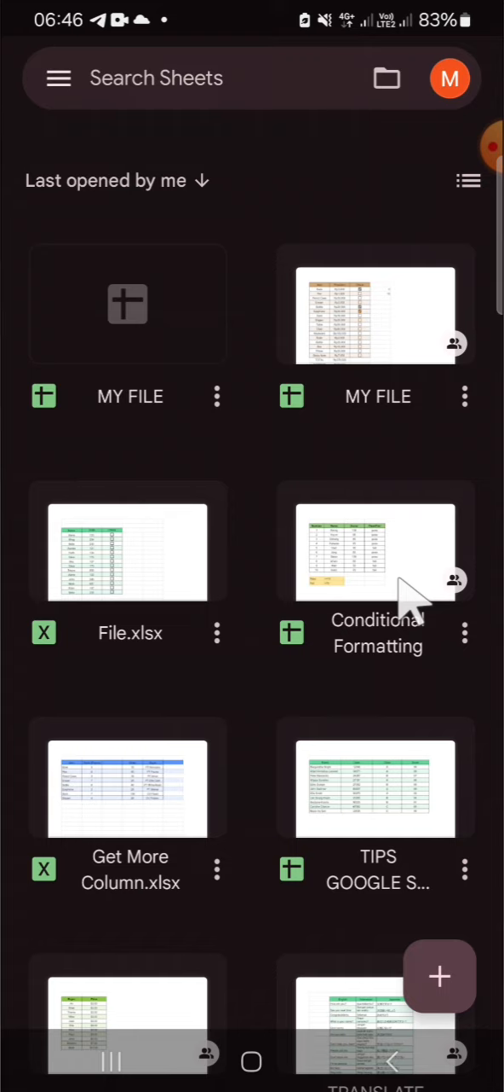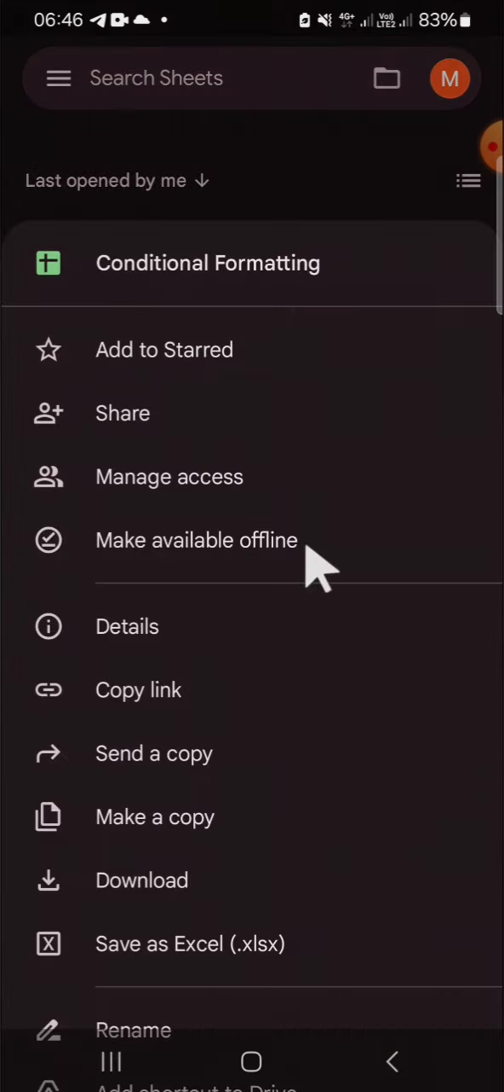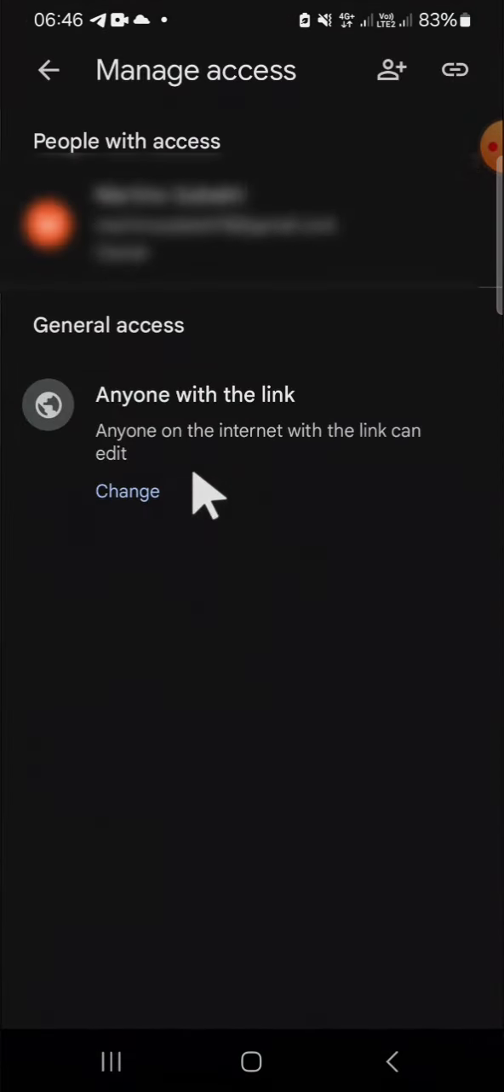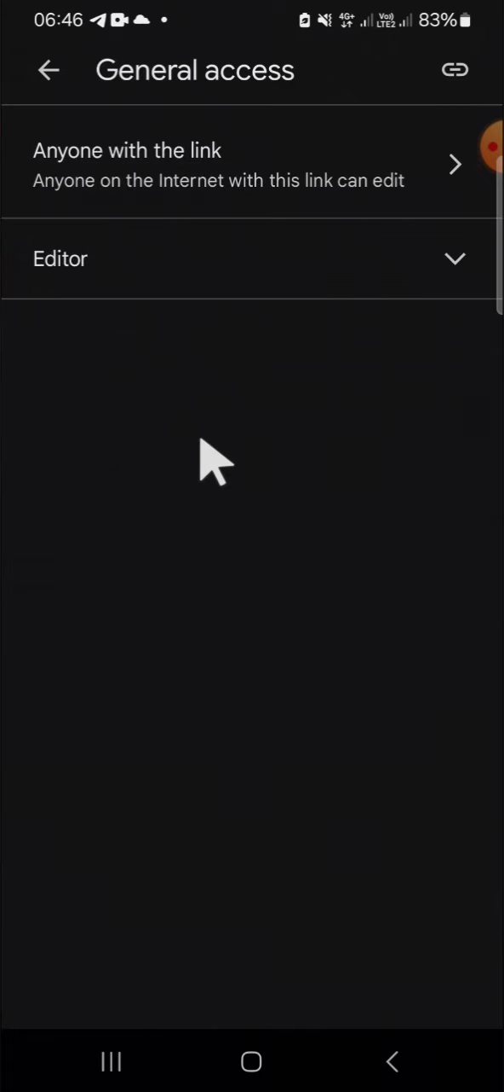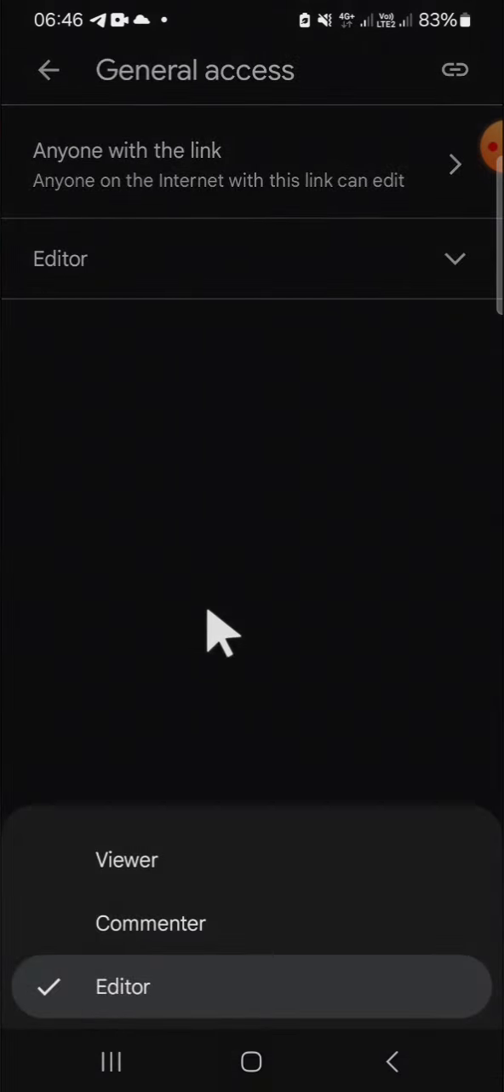So first of all guys, we can click on these three dots and select Manage access. Okay, and as you can see, anyone on the internet with the link can edit this Google Sheets file. And I'm going to change the access. Click on Change, and if you want to disable the editing, you can select Viewer so they can only view